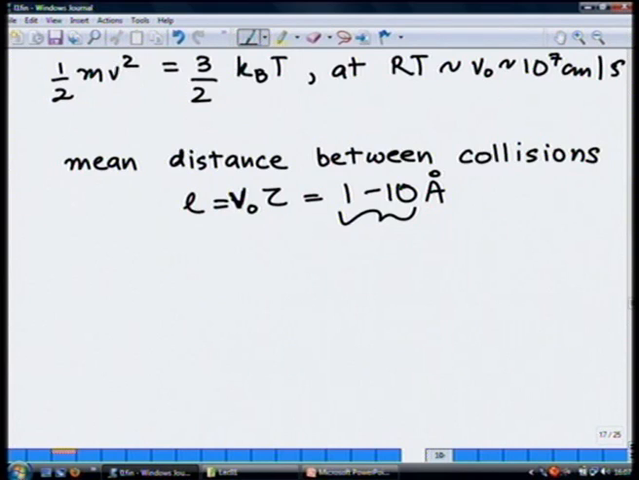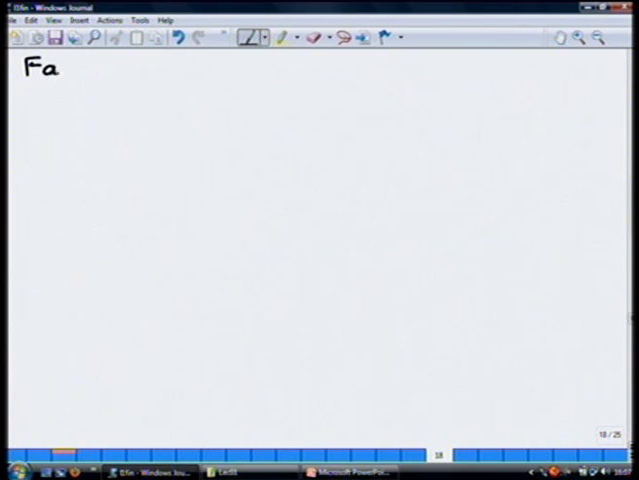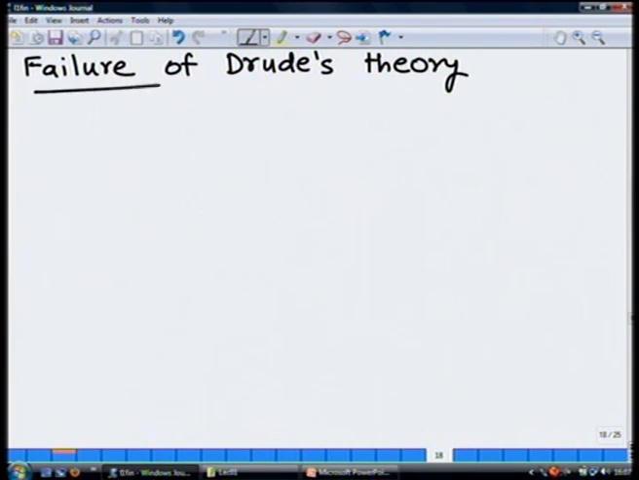failure of Drude's theory. We will see from modern quantum mechanics. Remember, electron is a fermion, which means it follows Fermi-Dirac statistics. And so, if I take quantum mechanical theories, then velocities are an order of magnitude too low